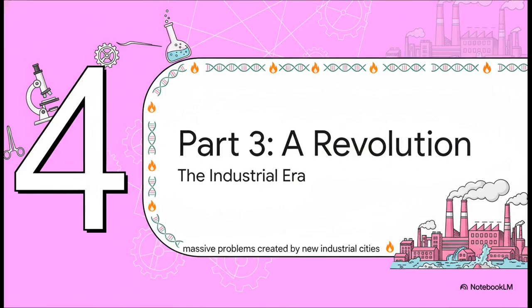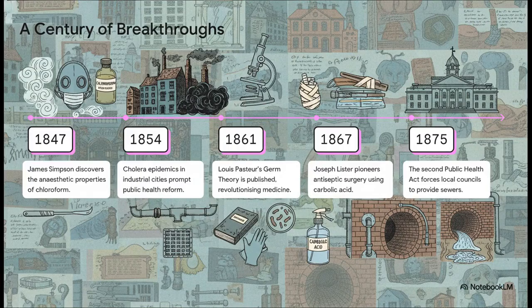This period saw some of the most rapid and important medical discoveries in all of history, and it was driven by scientific progress and the massive new health problems created by these huge industrial cities. The pace of change was just astonishing. First, you have James Simpson discovering anesthetics like chloroform, which lets surgeons perform longer, more complex operations. But this actually led to more deaths from infection. And that problem was solved when Louis Pasteur published his germ theory, which Joseph Lister then used to create antiseptic